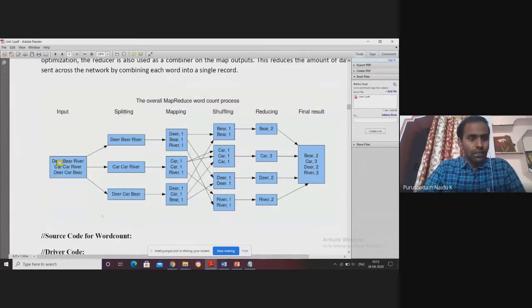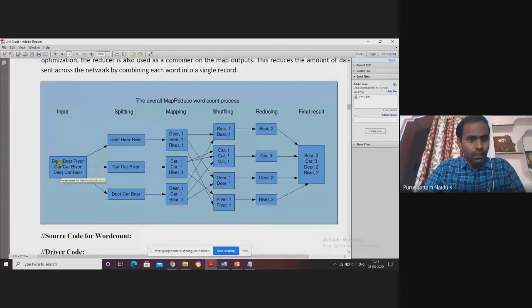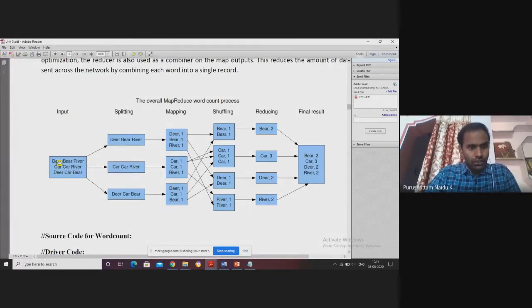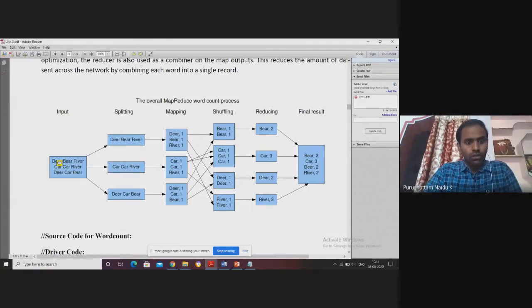Let's say this is the input file. Let us assume this input file contains the words deer, beer, river, car, river, beer, car, beer.